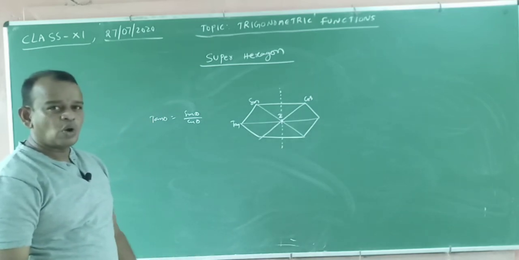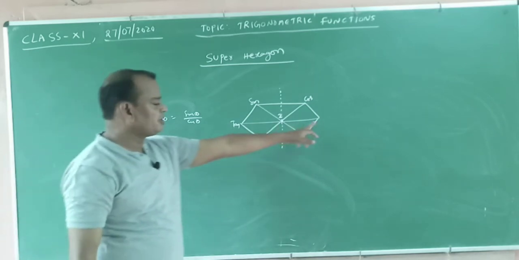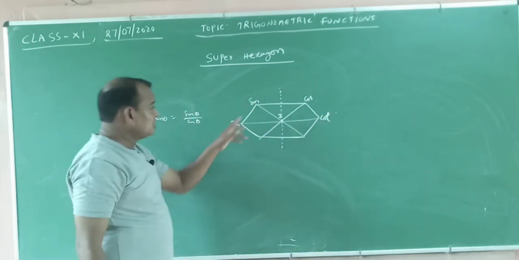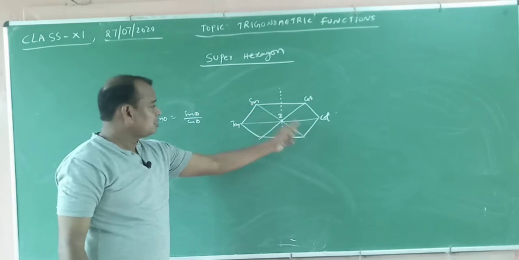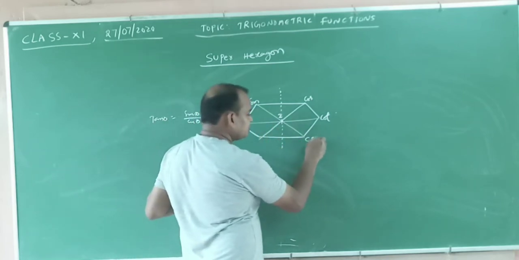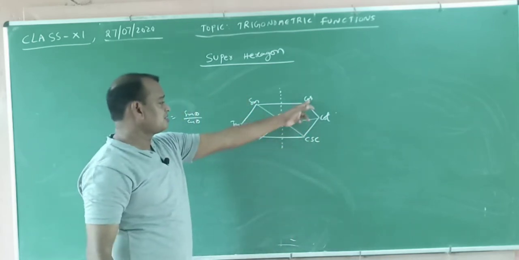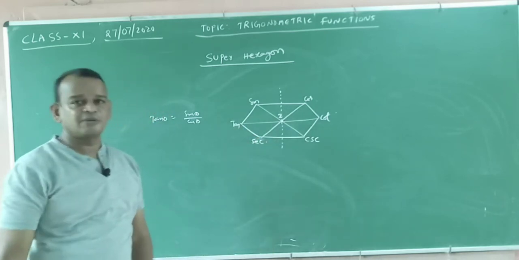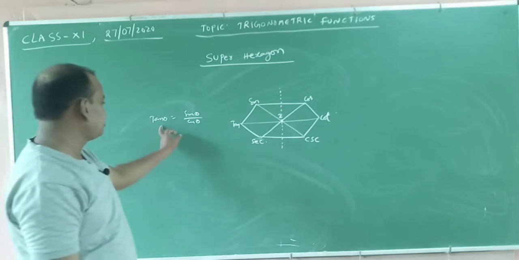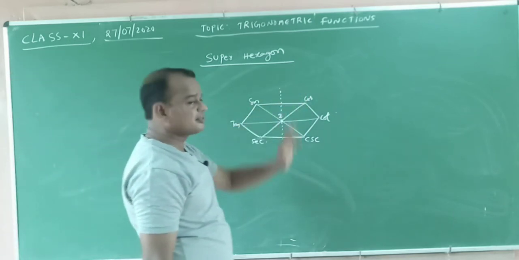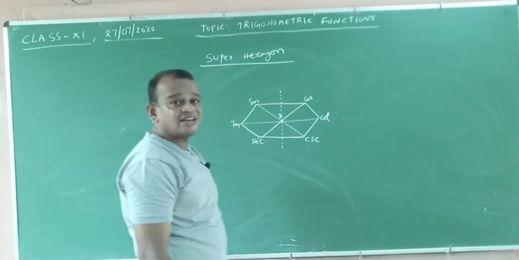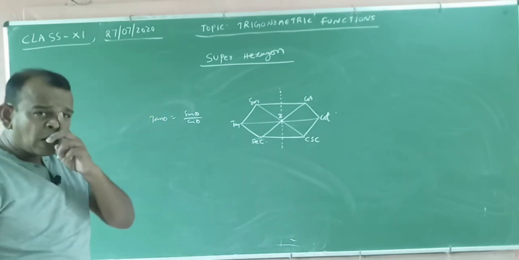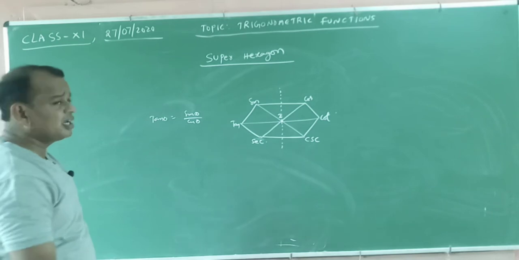Now opposite tan, you write the reciprocal. What is that? Cot. Opposite sin, the reciprocal, you write cosecant. Next, for cos, the reciprocal is secant theta. First we write in this way. Remember that one. Tan theta equals sin by cos: tan, sin, cos. Say yes or no. This way. Now, how to write the formulas? Now, in the clockwise direction.